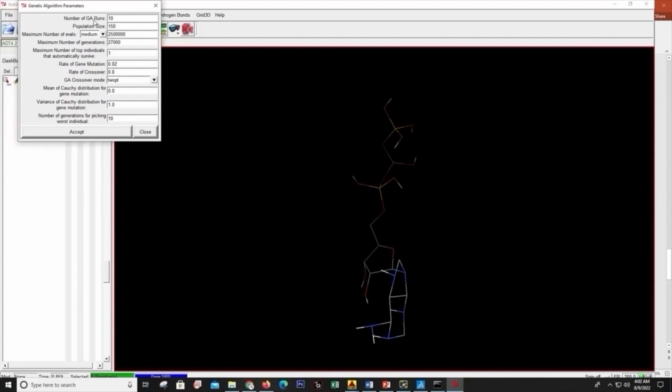Here we can set the GA runs, like how many conformations of the ligand we need the AutoDock to create and then dock. So it is set to 10, it can be set to 50, 100, depending upon the requirement. Then we will press accept,